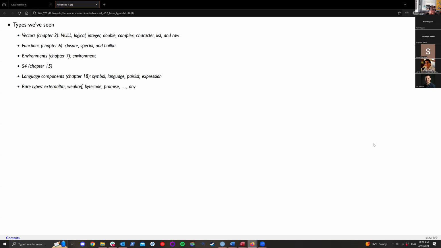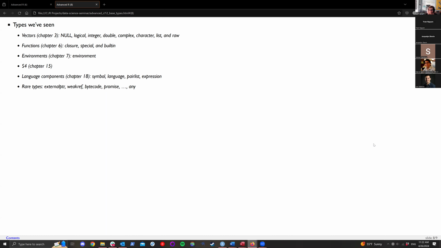And then there are rare types that you probably won't use all that often, including externalptr, which I think is a pointer, which in a different language once I had a whole heck of a problem due to a bug introduced by Microsoft on a pointer function once. So I did have to deal with pointer objects, but